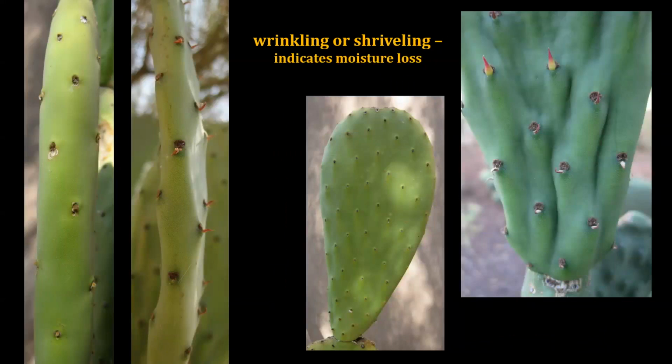Prickly pears: a well-hydrated prickly pear, if we look at it sideways, is going to have kind of a straight side. If it's lacking in water, it's gone through a good amount of its moisture reserves, it's going to be kind of emaciated, sunken in. Looking straight onto the pad, it's nice and plump, but when it's gone through its moisture reserves, looking straight on, you might see wrinkling appear. So these are things to look for to let us know that we really do need to give this succulent